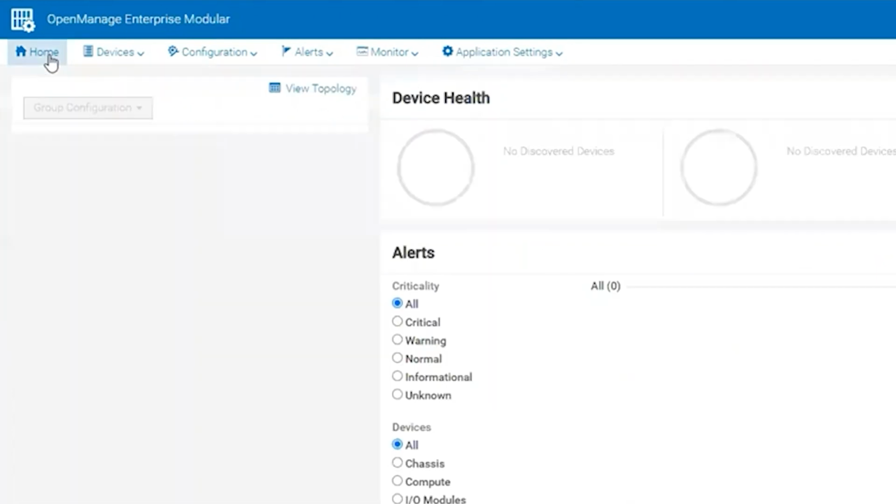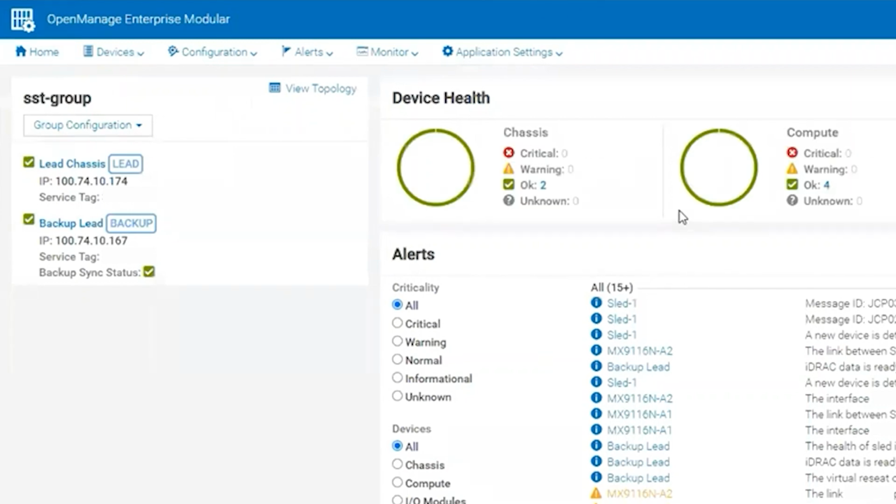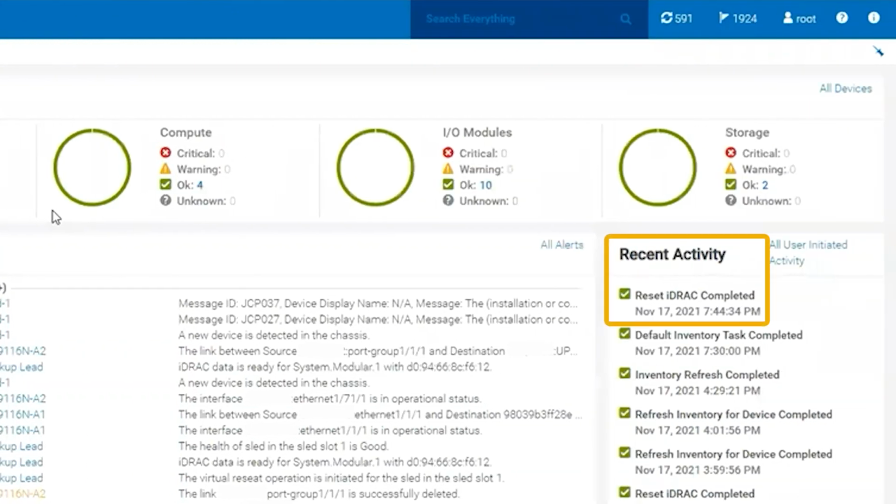We can go back to the chassis dashboard. Once on the chassis dashboard, we can come over to recent activity and we can see that the iDRAC reset